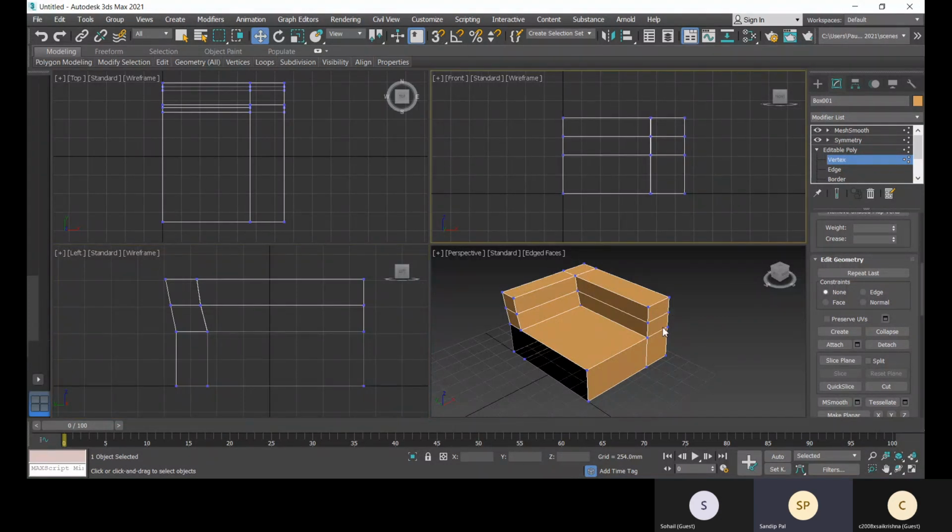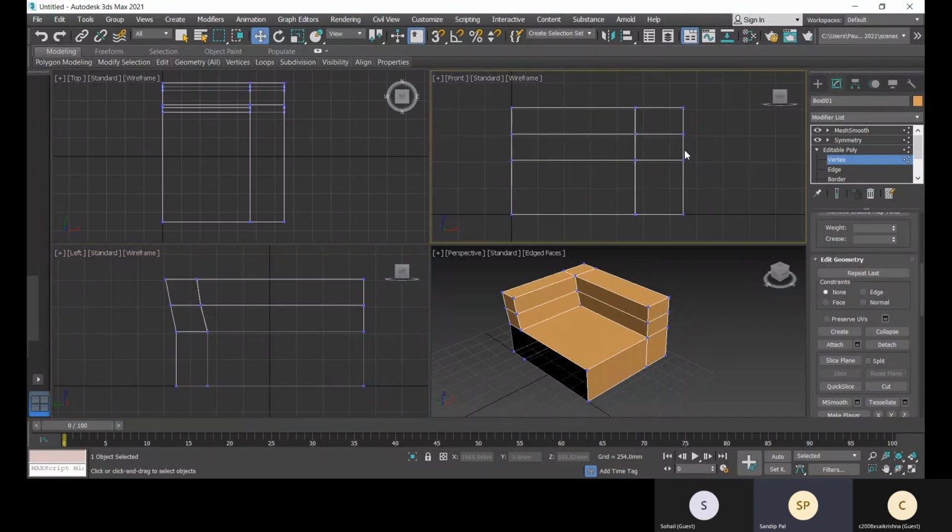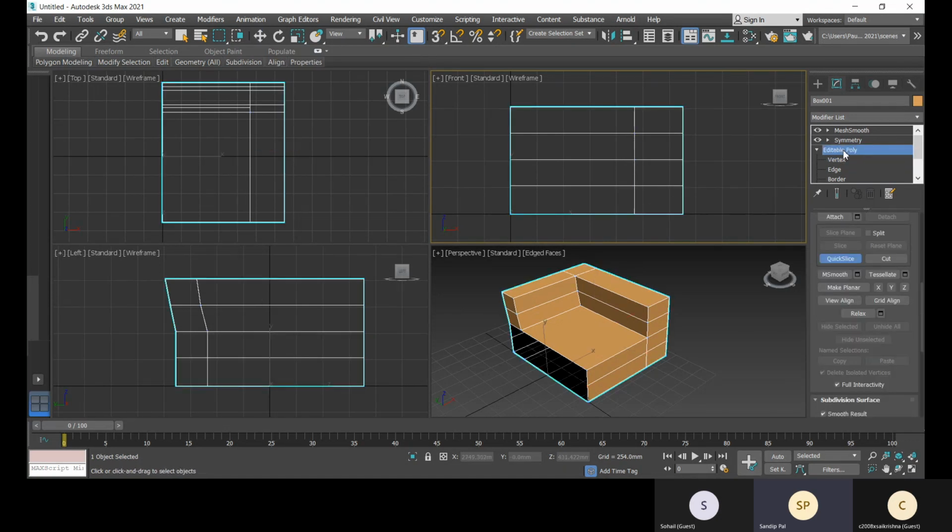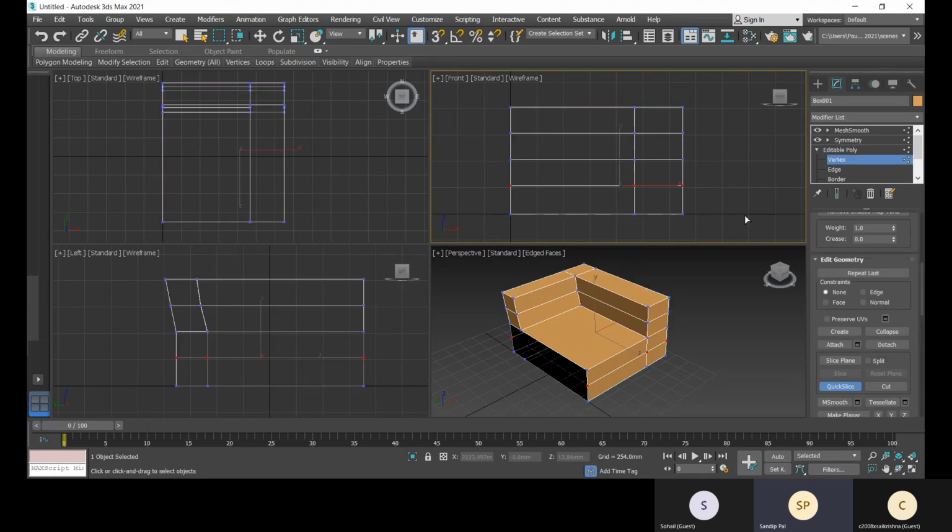Now let me do this part of the design. So for that, see this way I am adding quick slice. For this I need a vertex. So I'm adding it. Now I'll switch into vertex. This vertex. So for that I'll place 1. Okay. Make sure you exit from that quick slice. That you have to make sure. Okay.